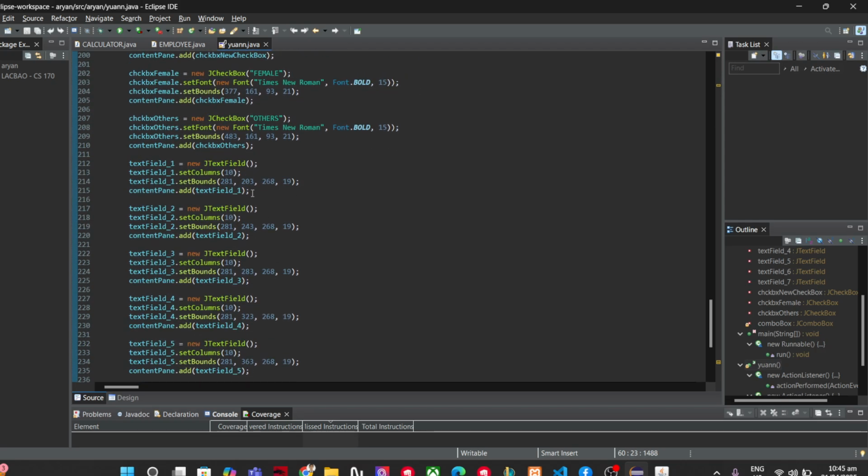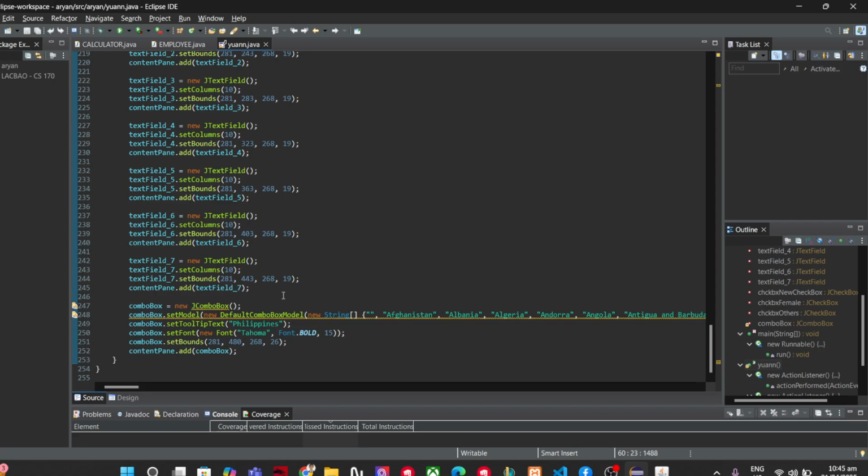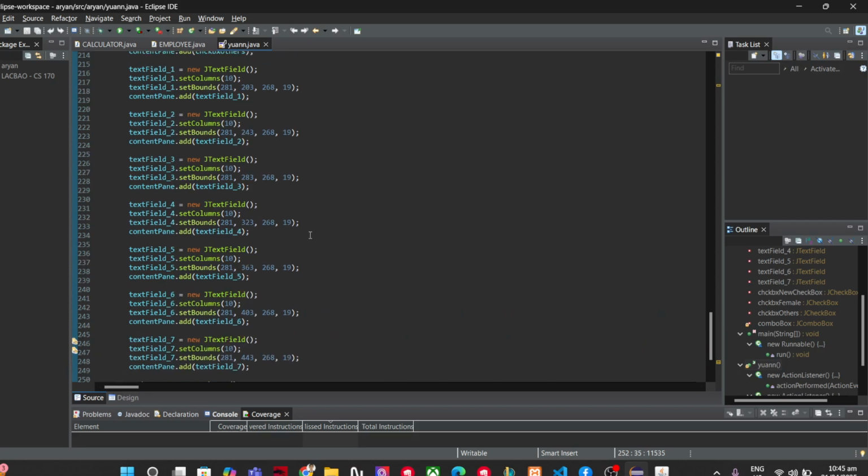Next is the same, and the last, which is the country, I use a JComboBox in order to pick a country. So this is the country. I listed all of the countries so that every country can be picked.